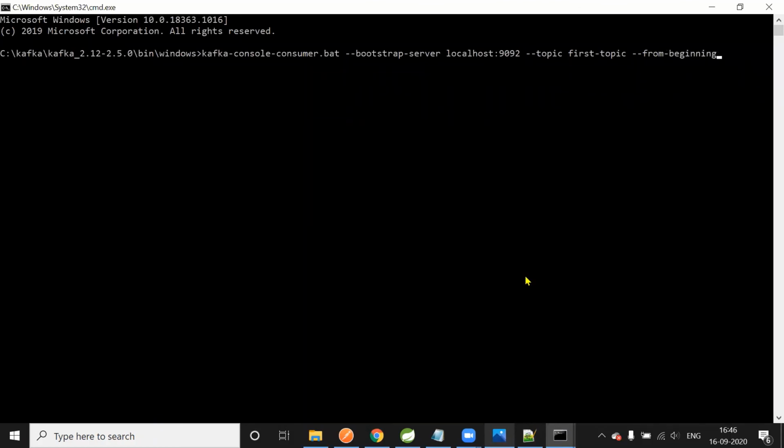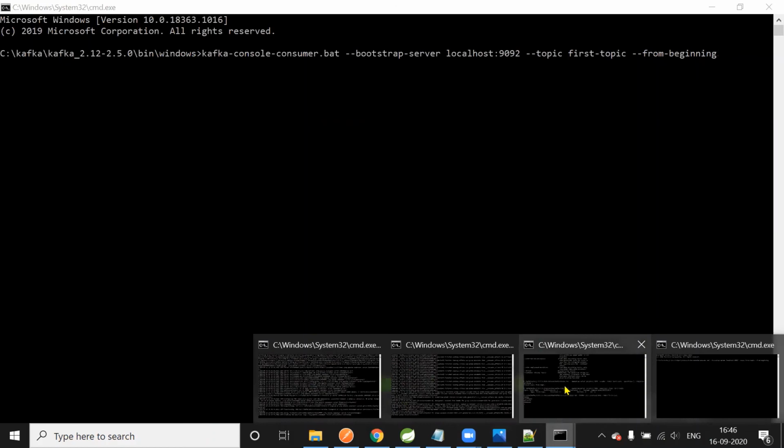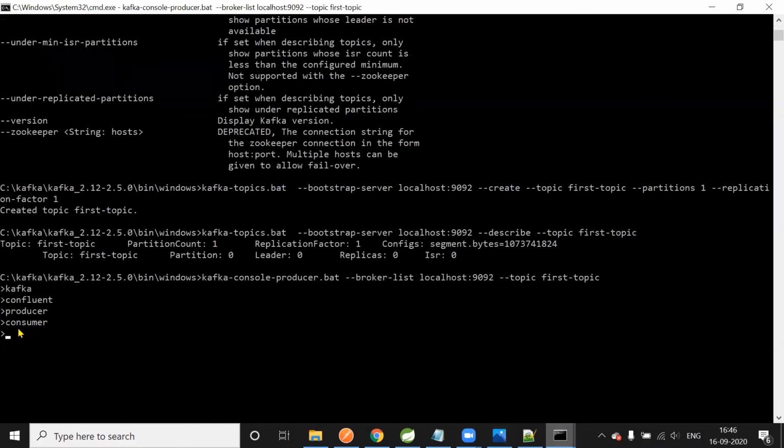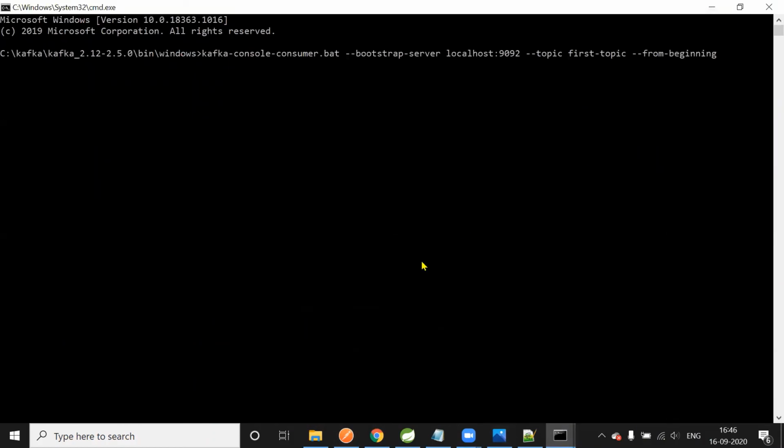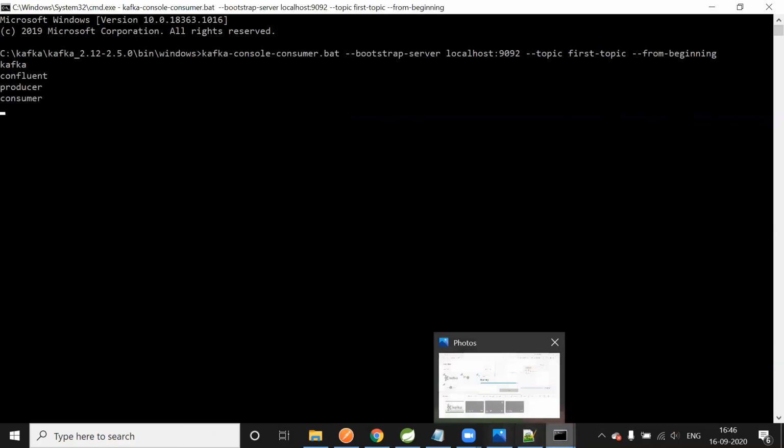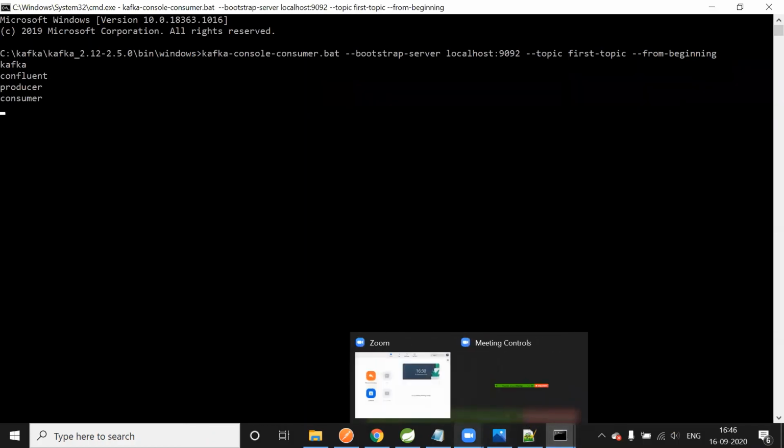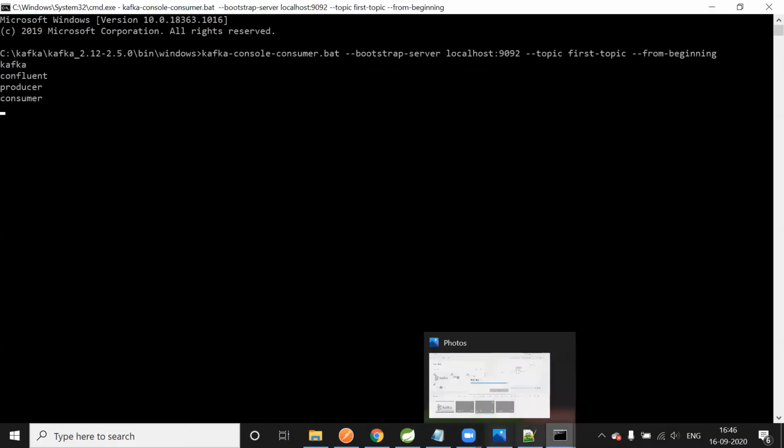If from beginning is not given, then messages already sent by the producer will not come, but any new message will come to the consumer, right? From beginning means from the earliest message or committed message. If this is not given, it reads the latest messages. Okay, let me try with from beginning and press enter. Now observe this. Here we can see all the messages, we got them, right?